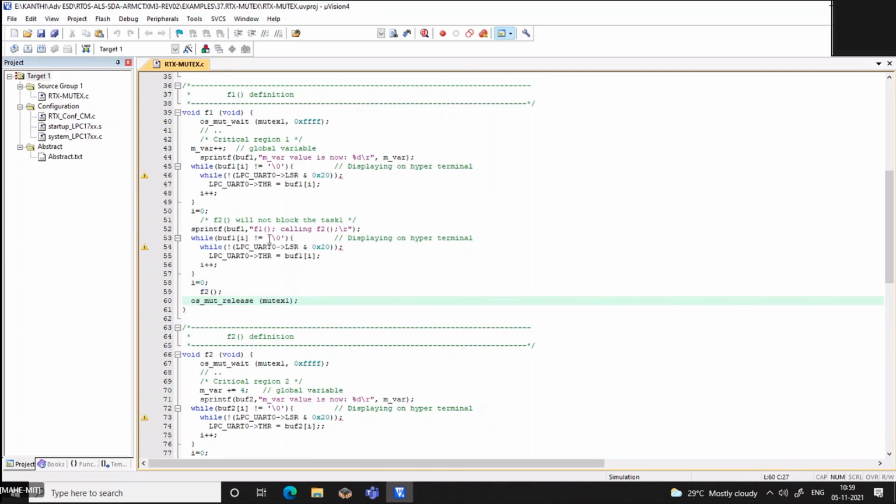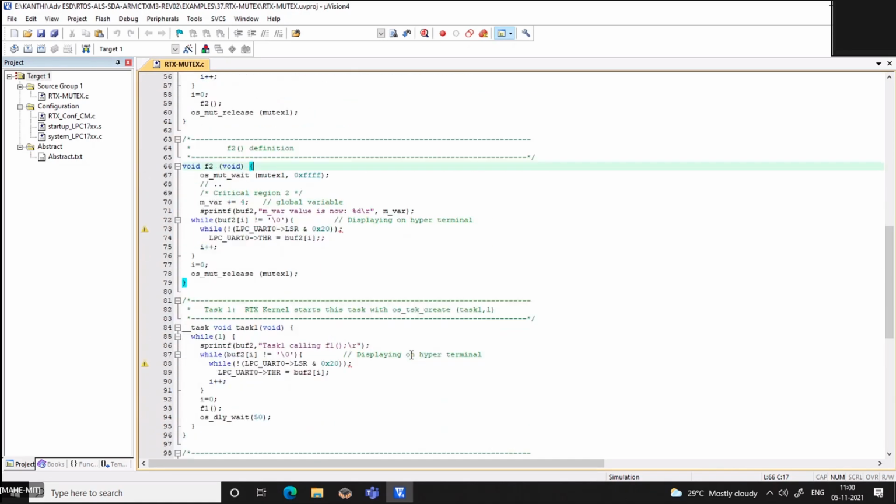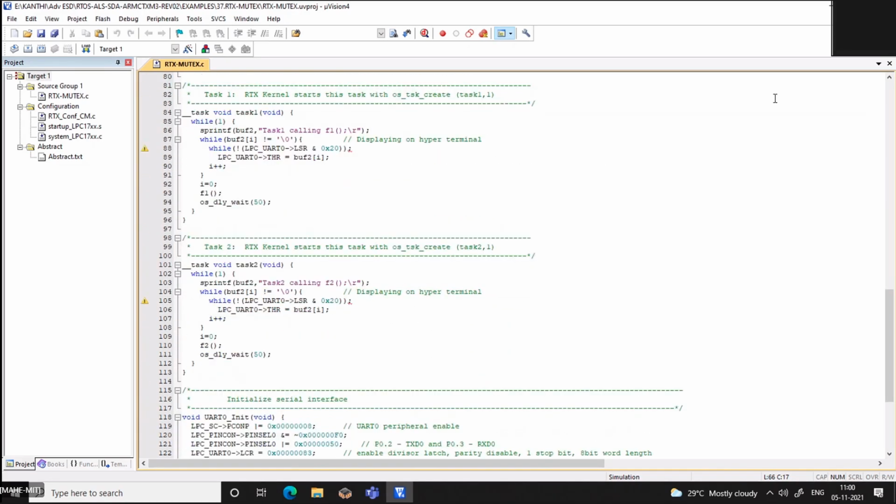In this running code, I cannot choose. I'll run that by interchanging, and I'll see what changes can happen. Okay, I got your point, but it is executing.